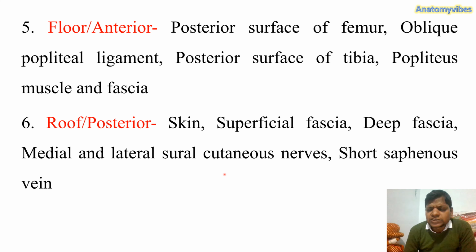Now you have studied the great saphenous vein, but there is also one short saphenous vein, and the short saphenous is shorter, so it will end in the popliteal fossa region, in the popliteal vein. This short saphenous vein has to enter the popliteal vein, so it is present in the roof of the popliteal fossa. It will pierce the roof and then go to the popliteal vein and drain there. So these are the structures present in the roof of the popliteal fossa. Moving further,